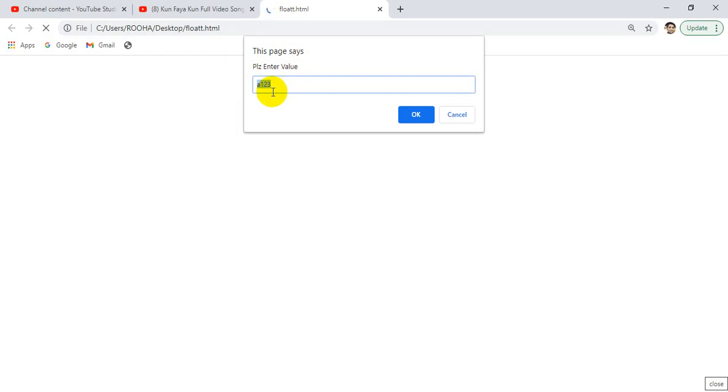So when you click on OK, that value will go to your parseFloat function. The parseFloat function will take the first value of your string. What is the first value? The first value is A, and A is not a number, A is a character. So when this value is forwarded to your parseFloat function, it will read A and say it is not a number. It will not move forward.